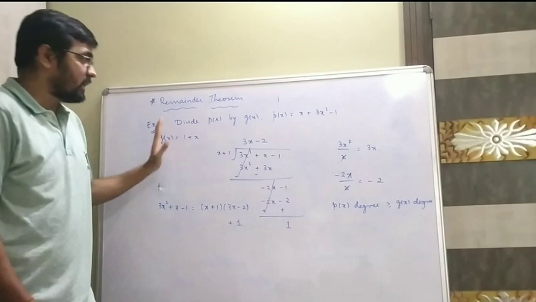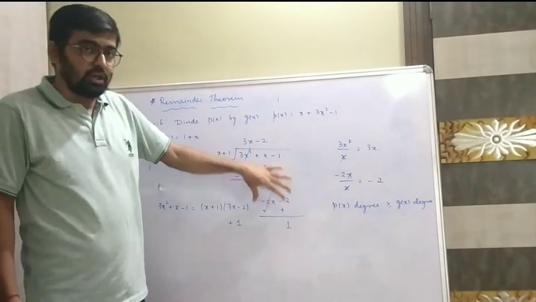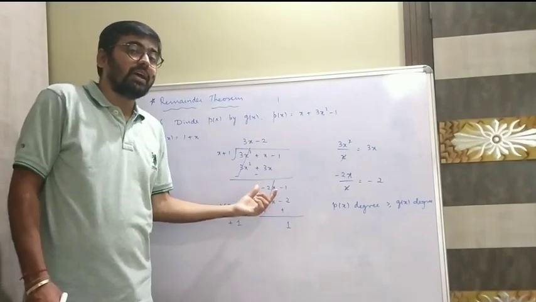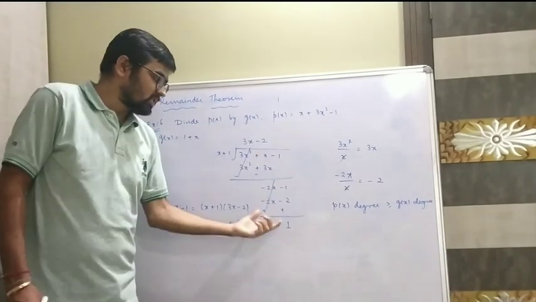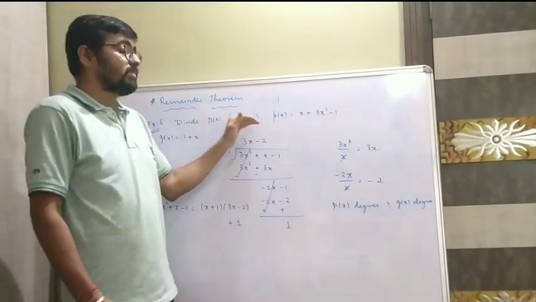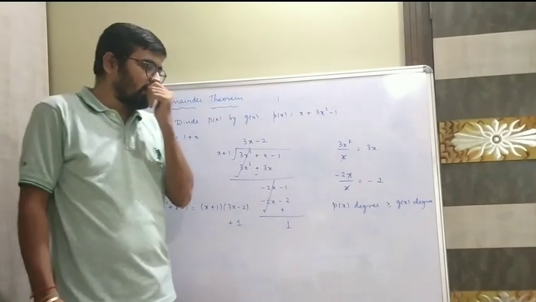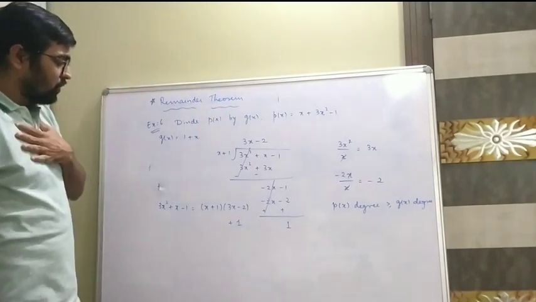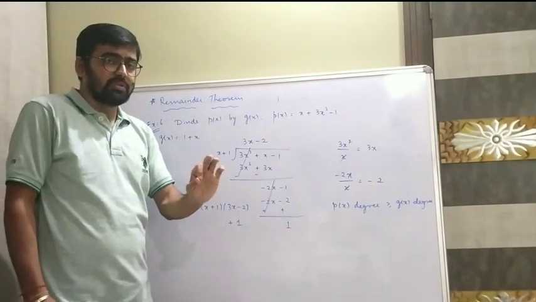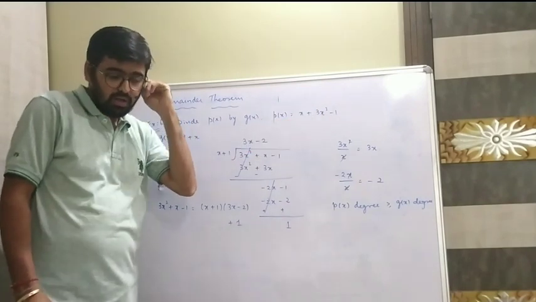So this is how we can solve an actual problem. Correct? This method you already know. We call it the long division method. You people have understood this in 8th standard maybe. Correct? So this is the long division method, and this is how we solve p of x by g of x. Now what I want you to observe over here is that we know that x plus 1 and 3x minus 2, none of them is a factor of the given polynomial 3x square plus x minus 1.